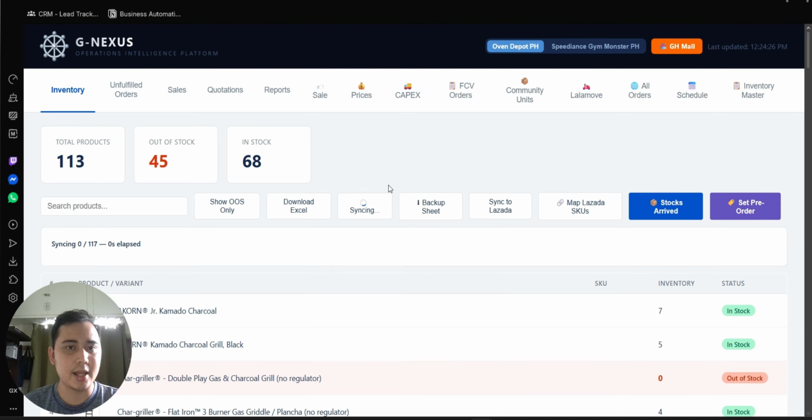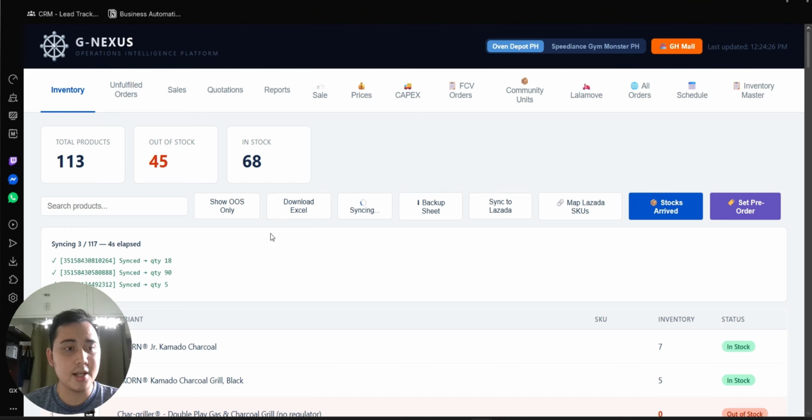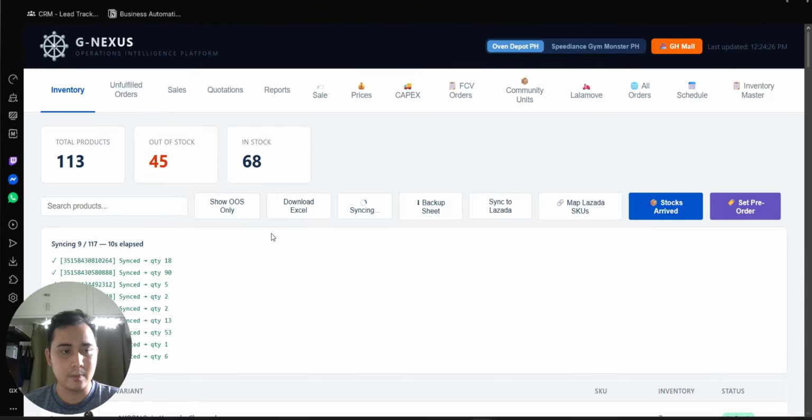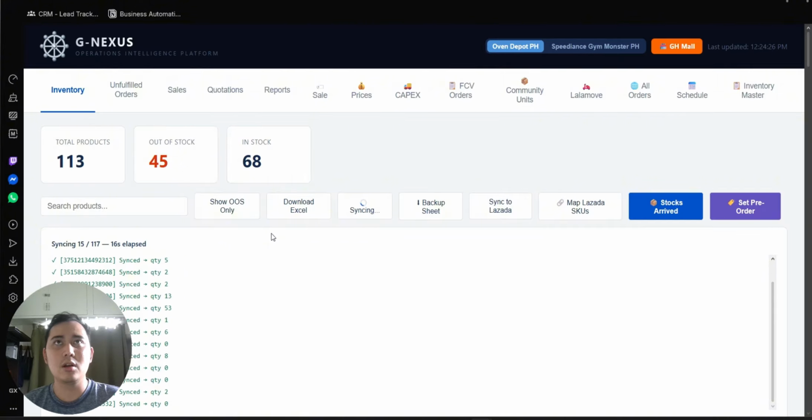Once I click this button, it will automatically sync the inventory in our Google Sheets directly to Shopify. Without this app, I would be consuming 2 to 3 hours every end of the day just to make sure that everything's in sync. With this web app, I'm able to completely synchronize everything in just one click, and it takes about 1 to 2 minutes. That's time saved for the client and for anyone who uses this tool.